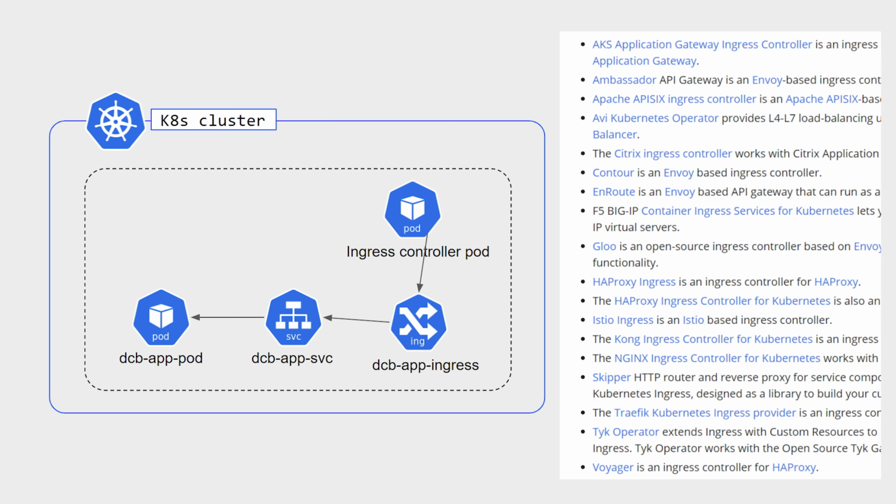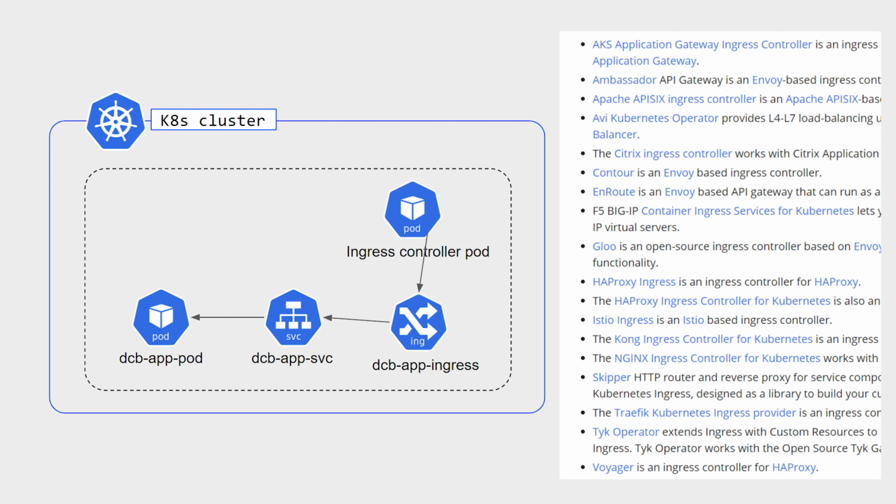So for that, the ingress controller comes into the picture. The ingress controller is a different component that we have to install or add in our Kubernetes cluster that will help us identify all this particular traffic, and it will help the ingress services to route all the traffic to our resources. So we need to add that particular component.